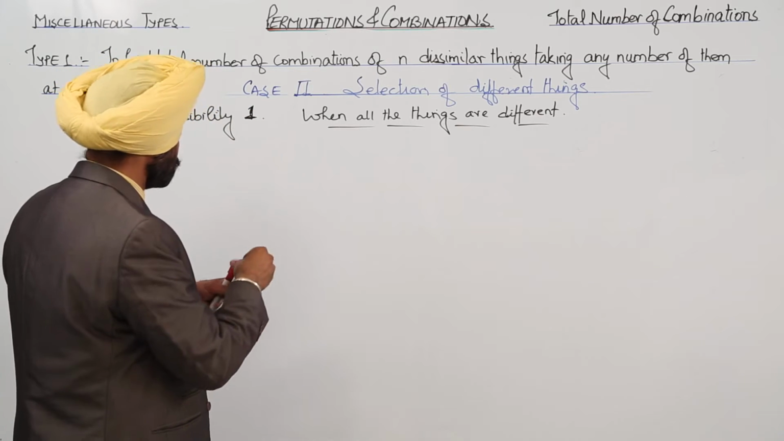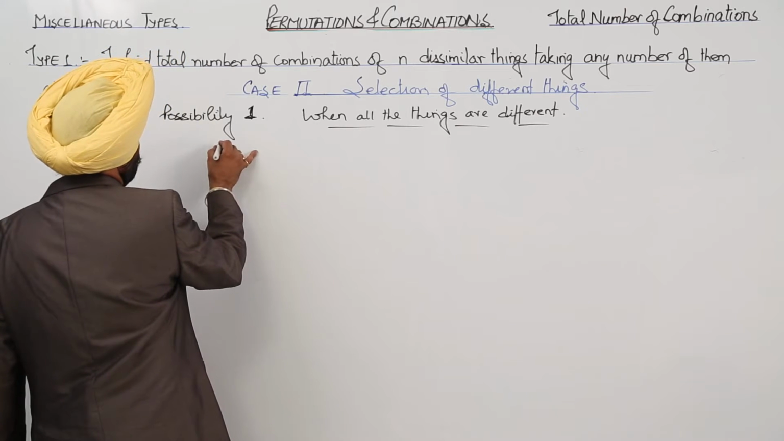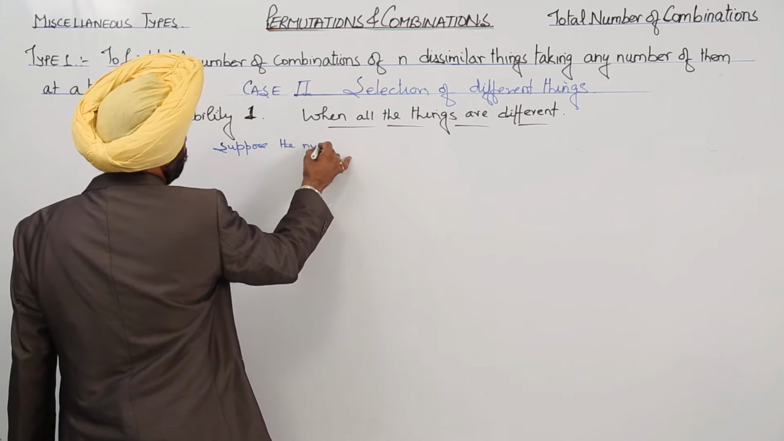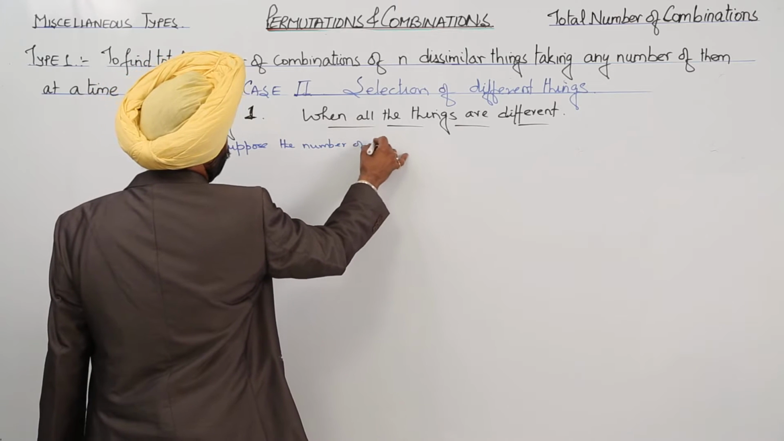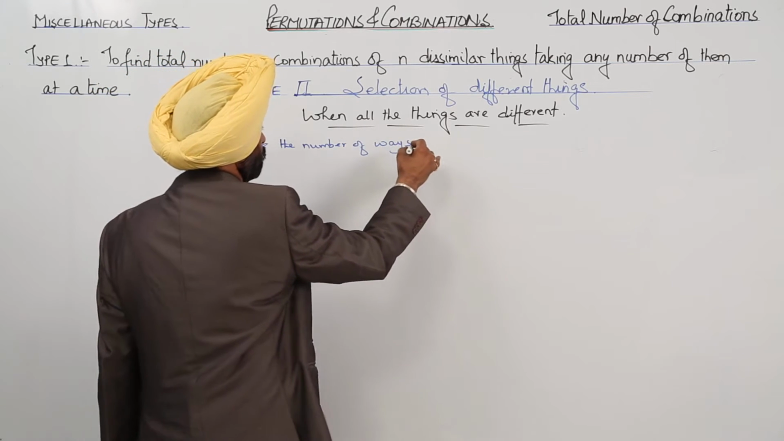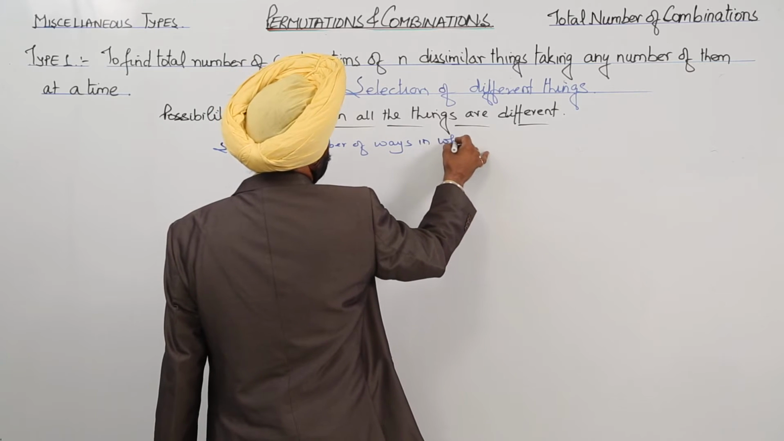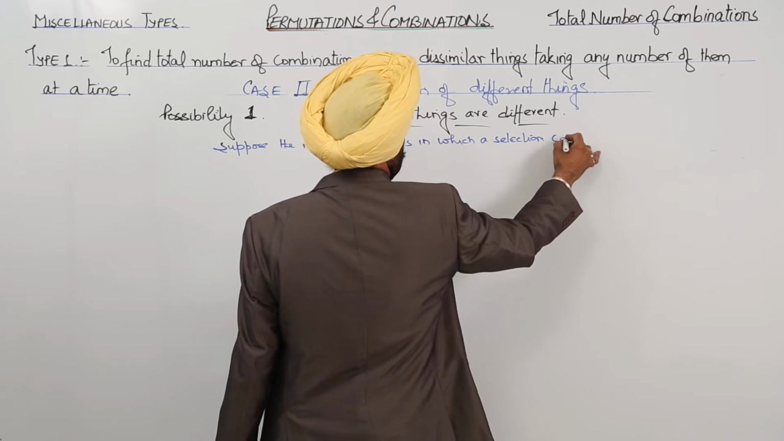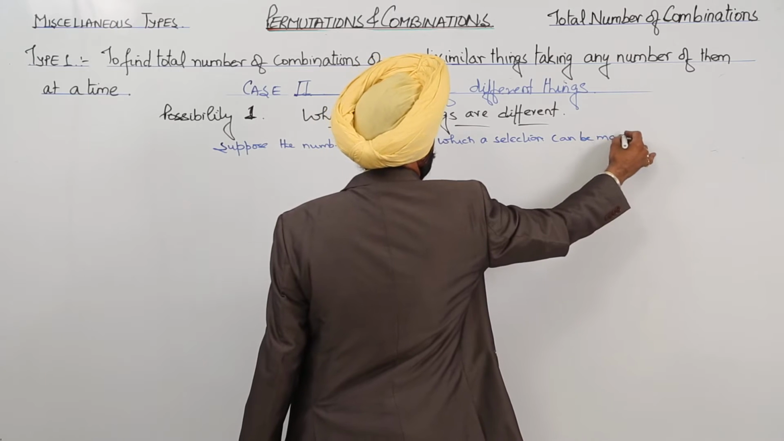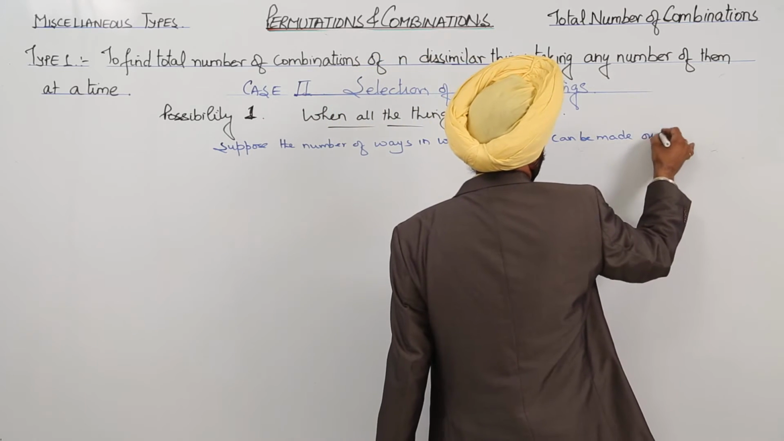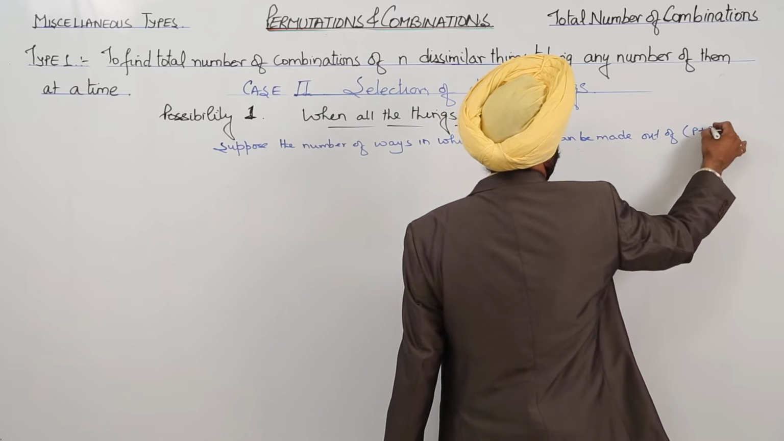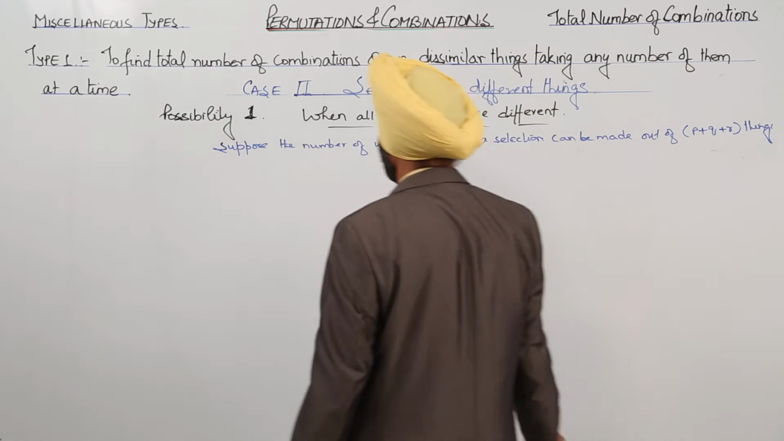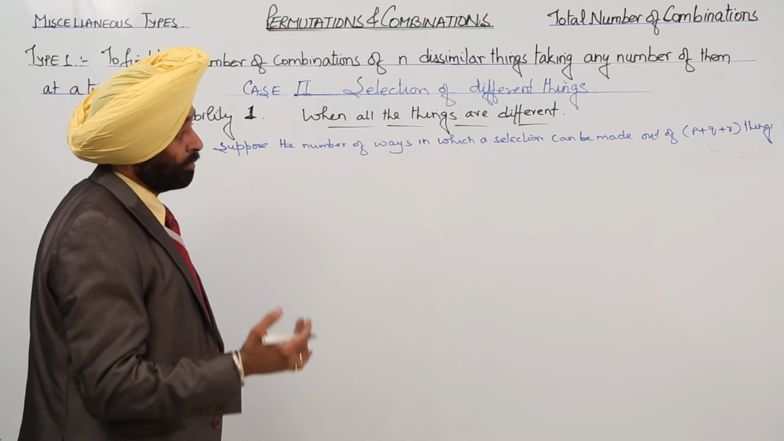Okay, so suppose the number of ways in which a selection can be made out of P plus Q plus R things. We have just supposed it can be made out of P plus Q plus R things,